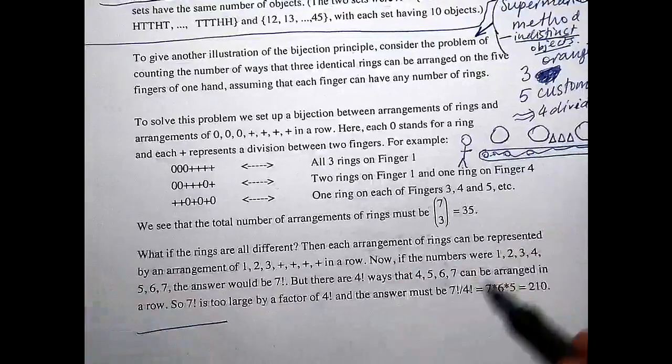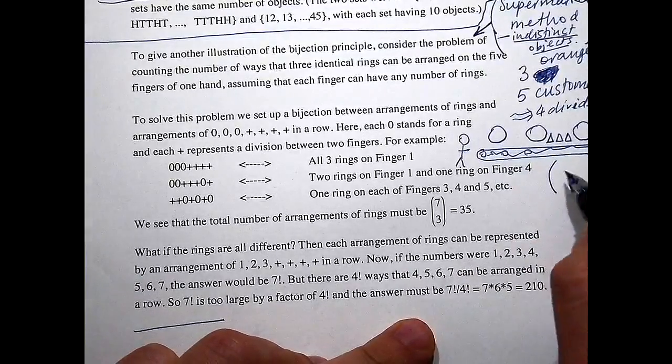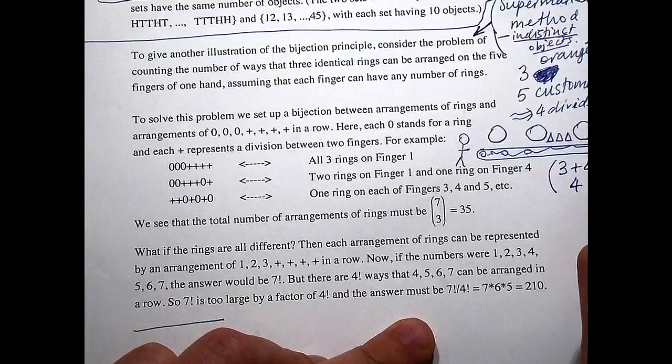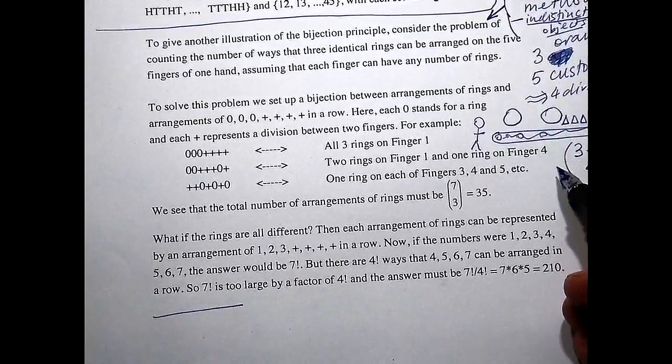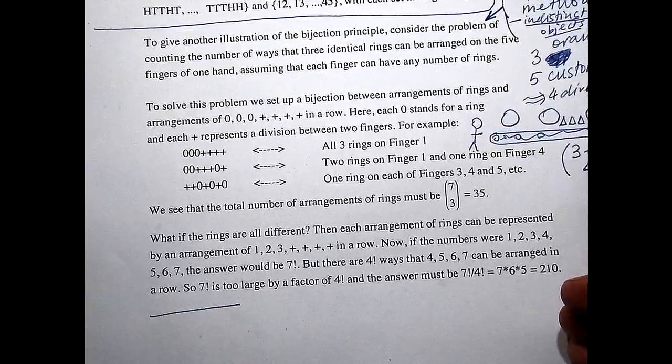By the way, I still have to count the number of arrangements, which is 3 plus 4 choose 4, because there are 3 oranges and 4 dividers, and I have to choose which of them are the oranges and which are the dividers. Once I know which of them are the oranges and which are the dividers, I know exactly which